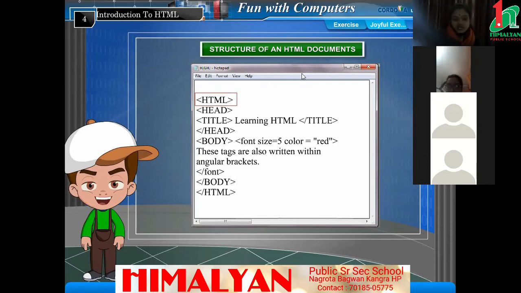The structure format is the same, only the code will differ. If you have to change the background color or the font size, or make any kind of changes, they go only inside the body, but this format remains the same. There is HTML first, followed by head, followed by title, which we closed at the end. Inside the title, what do you write? For example, there is a title of a book, a chapter title. So here you give the title name, then you close the title again, then you close head because you opened head. Now you open the body, inside which you write the main code that you want. This tag indicates